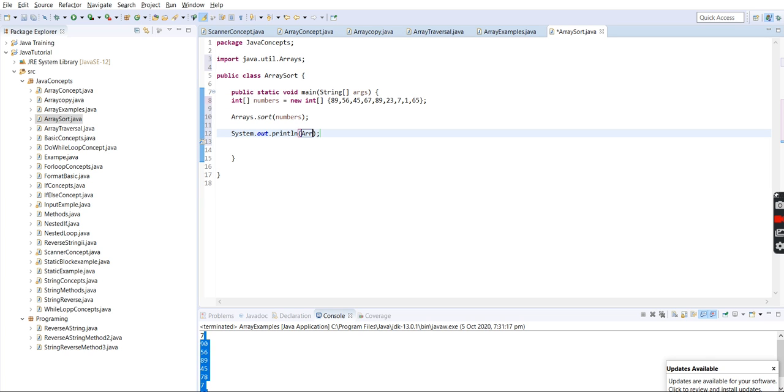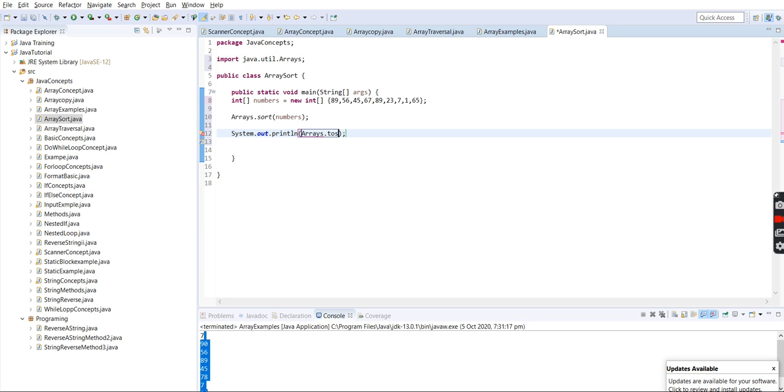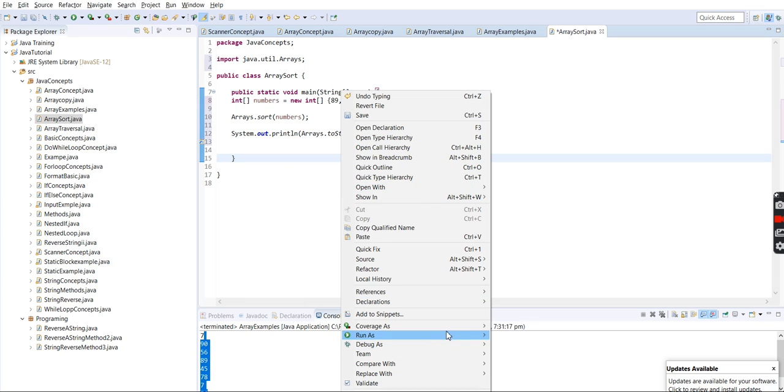So we can write Arrays, then toString, and here we'll pass the array name.